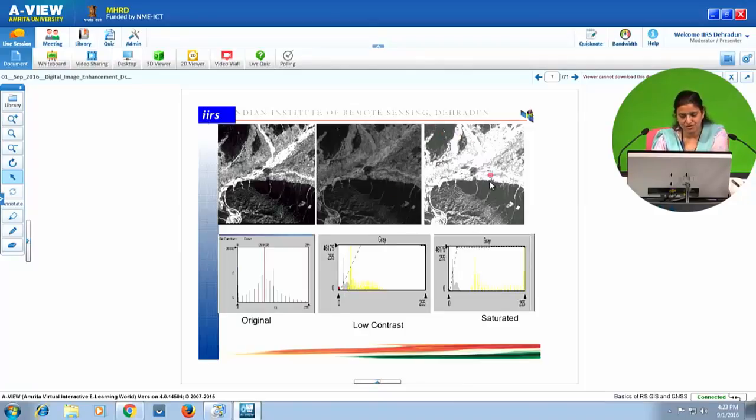This is a saturated image in which the digital number values in general are more. That is why you can see the image as very bright, a lot of whitish effect is there in the image. We call it a saturated image. In both the cases, in low contrast as well as in saturated image, it is very difficult to interpret the features, to mark out the boundaries between the features.